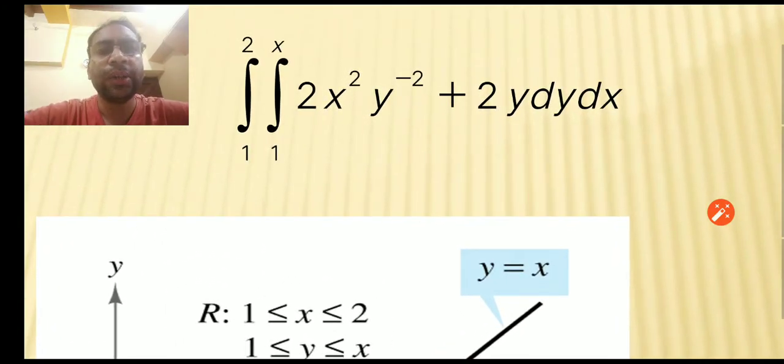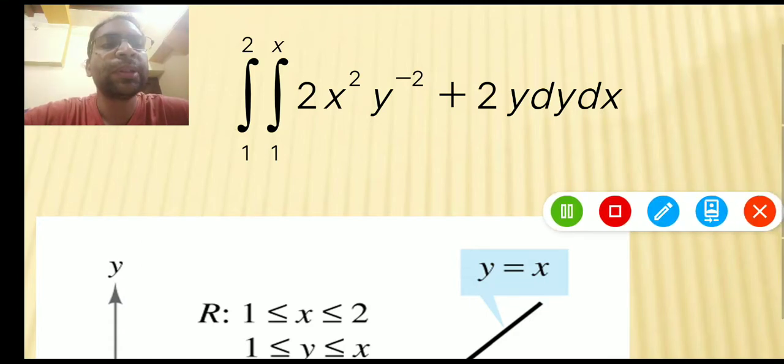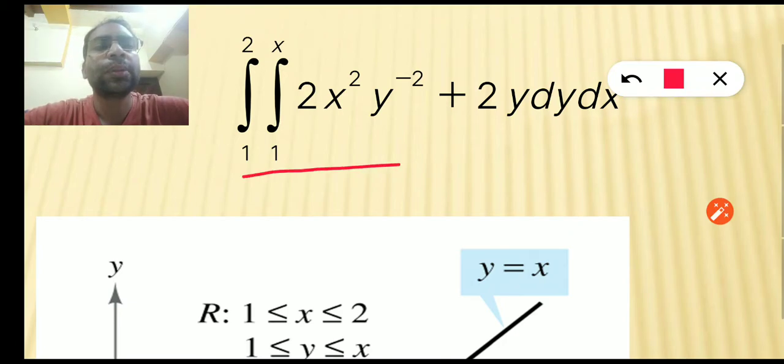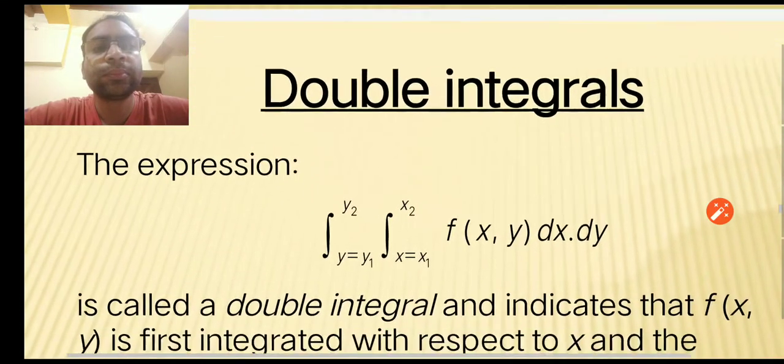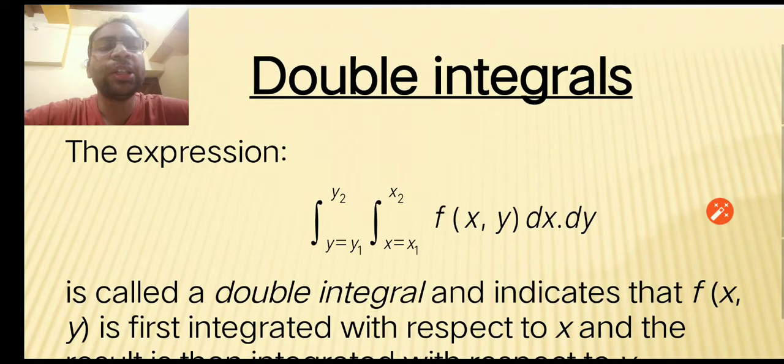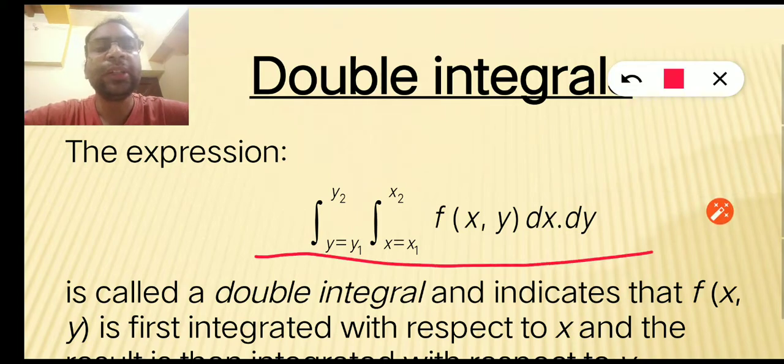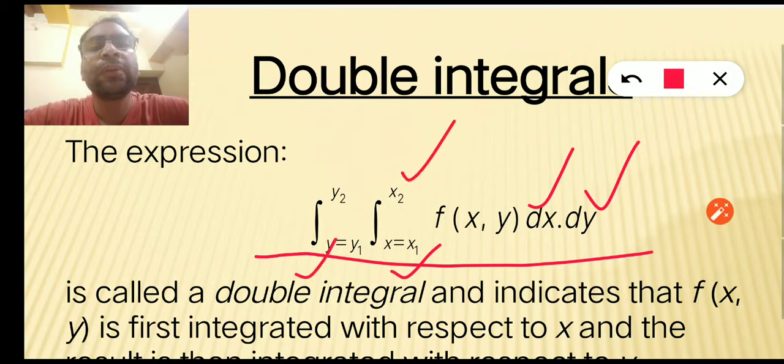Now let us see how we can represent this in integral form. The expression for the double integral will be written something like this, which involves both integrals, the inner integral in terms of dx here and the outer integral in terms of dy here, with the lower and upper values of x and the lower and upper values of y. These are the boundary values we had just seen.